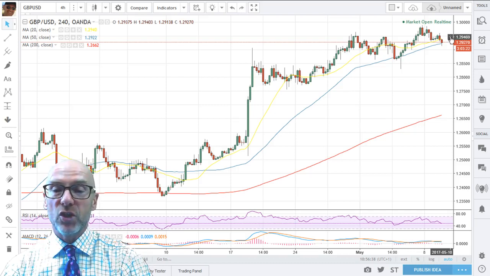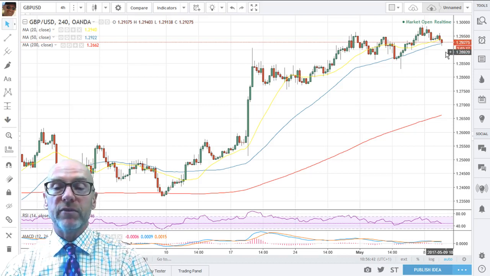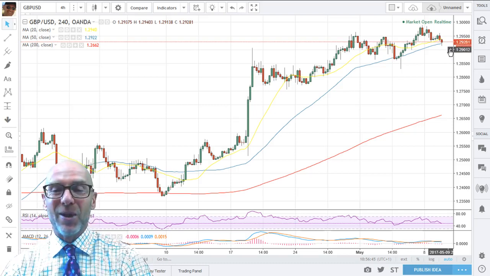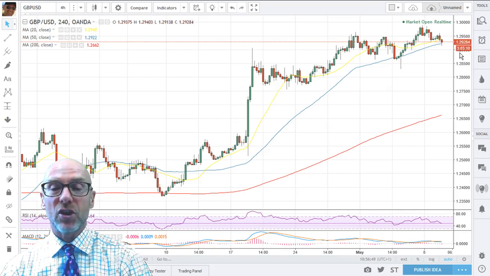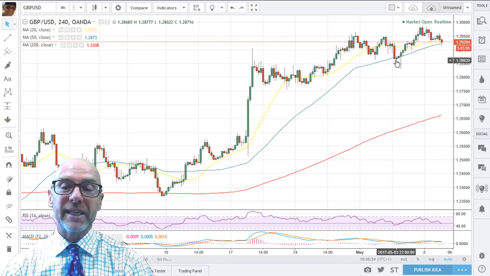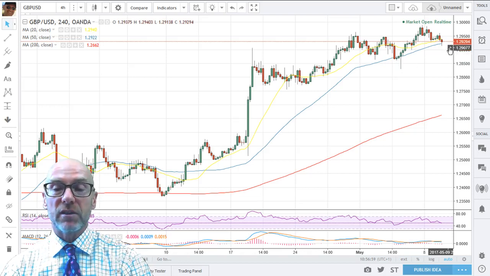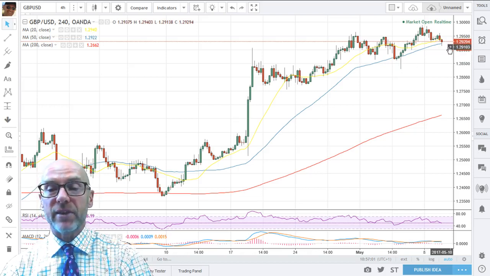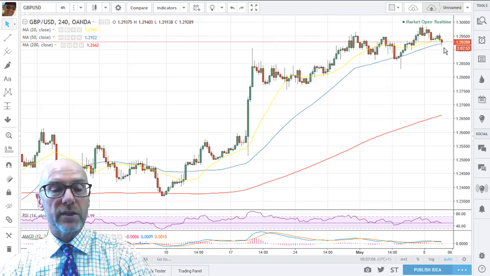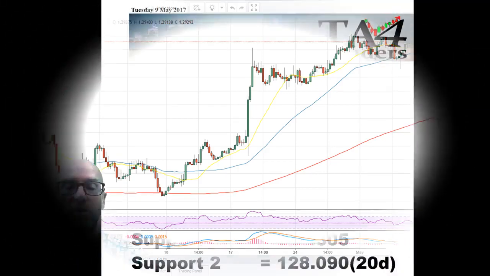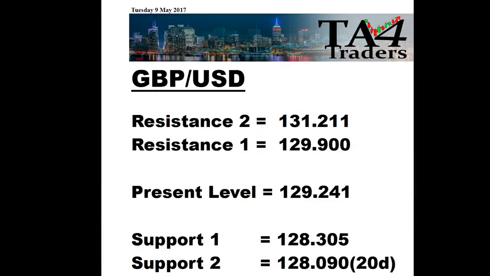But my view is that we are going to come back below the 54-hour. And once that occurs, you'll see these moving averages starting to roll over, and really one would expect the 128, this support level here, to be tested. The next couple of days is going to be key for this, but I would expect a breakdown below those moving averages. Looking at the support and resistance levels on pound against the US dollar,